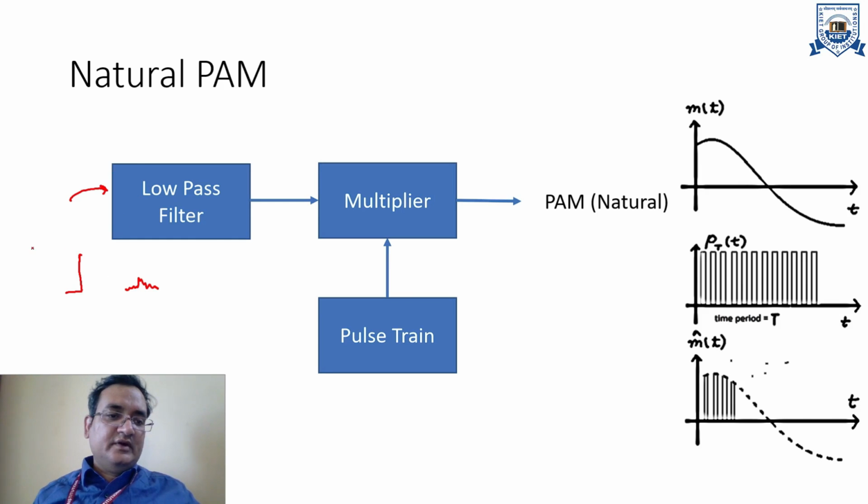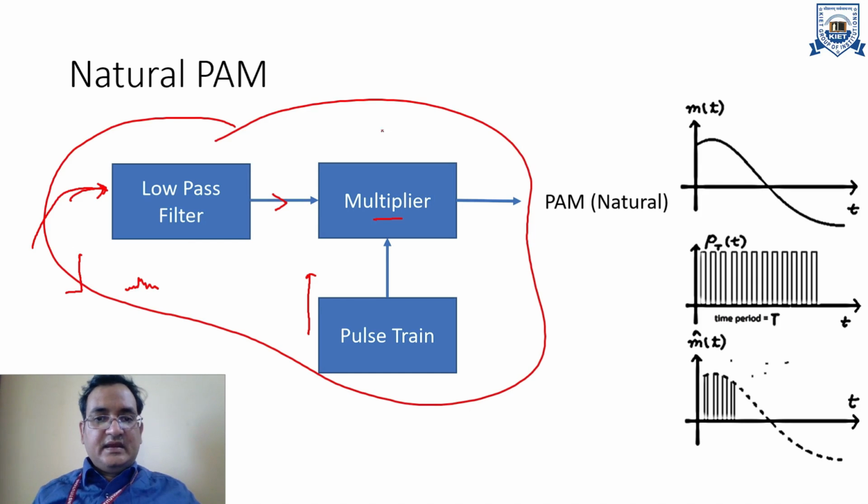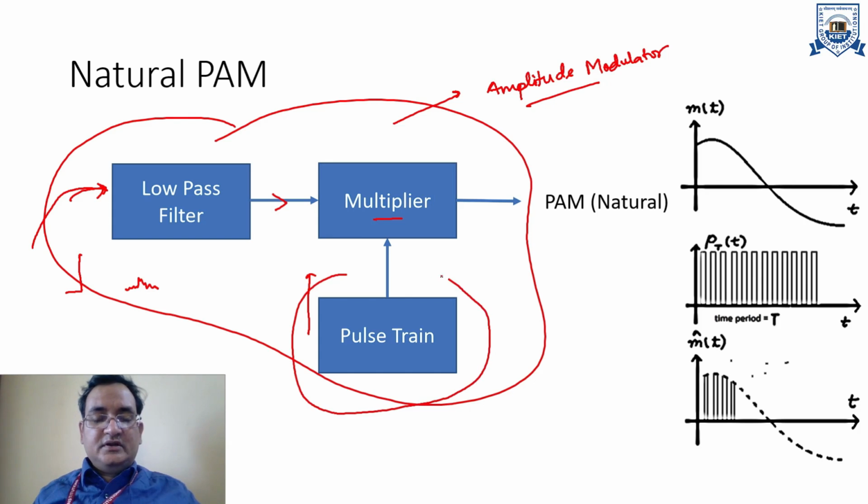So first we apply our input to the low pass filter, which eliminates any upper frequency content which is higher than the desired one. After that, the output of the low pass filter directly passes to the multiplier, where we can provide the pulse train. You can clearly see that when we use the multiplier at the input side of the transmitter, it directly belongs to amplitude modulation. If you compare this with the amplitude modulation which I discussed in the first unit, you can clearly see there is a simple difference from the block diagram discussed in unit 1 for amplitude modulator, DSB-SC and SSB-SC.